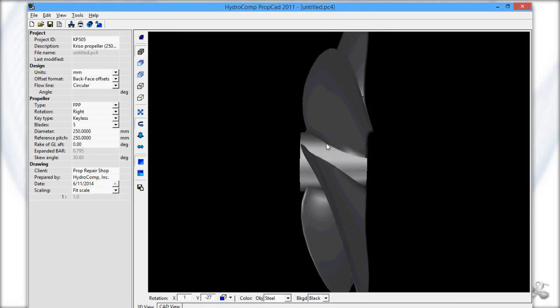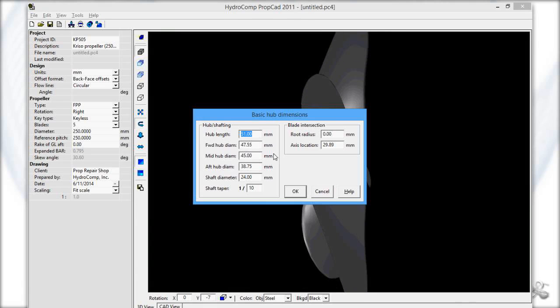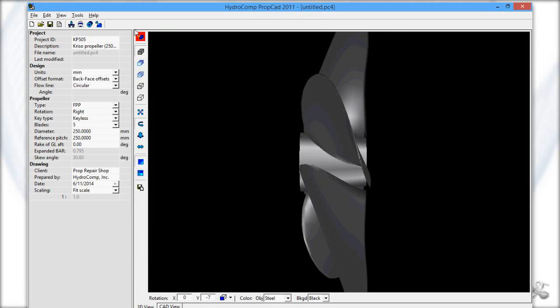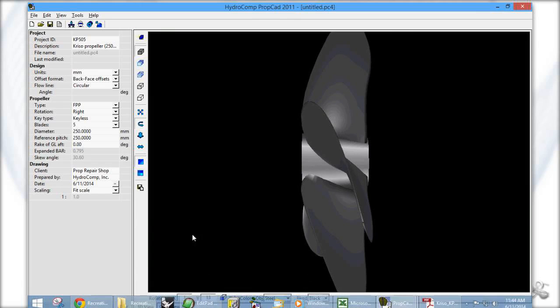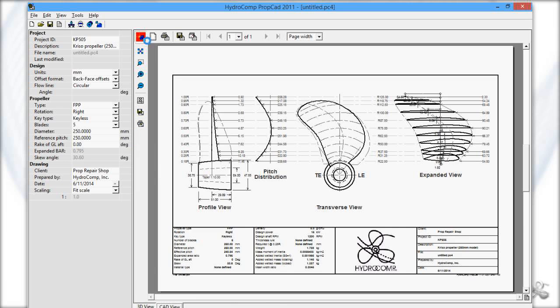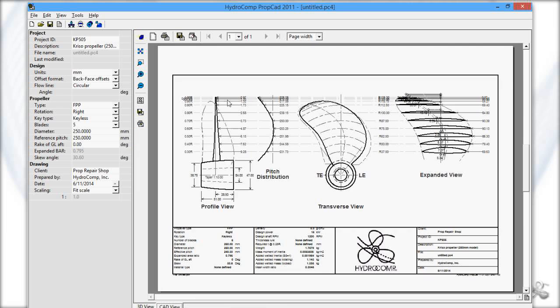The blade is actually on the hub here, and I think the hub data may have gotten reset on that build. So let's do 47 and 28.5. Let's refresh that. There we go. And now let's look back at our 3D view. We can refresh this. Now, one thing that becomes apparent here is that